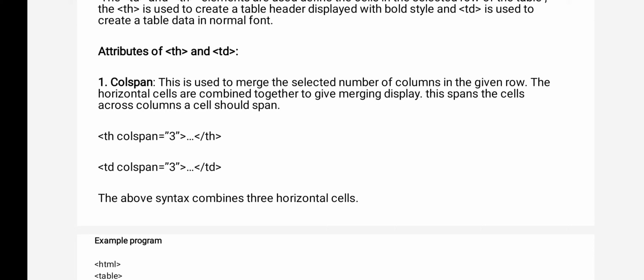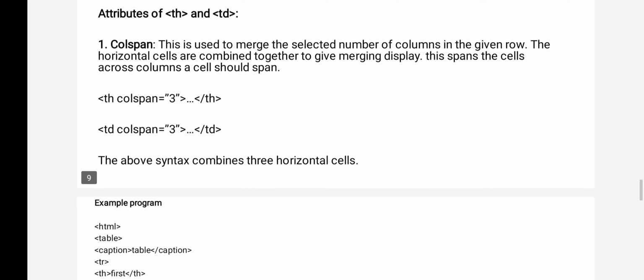When you implement those attributes inside the TD and TH, whatever additional properties you have given are applicable for only one cell. The same attribute used inside the table is applicable for the entire table. Inside the row, it is applicable for a row. Inside the TD, it is applicable for a cell. That is the difference. The area is different.